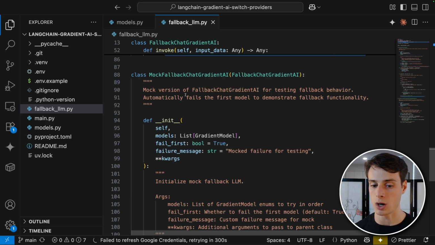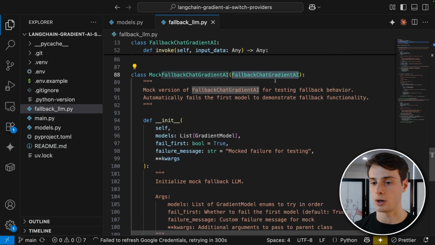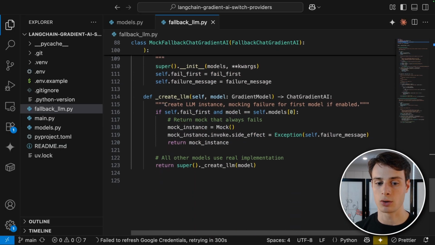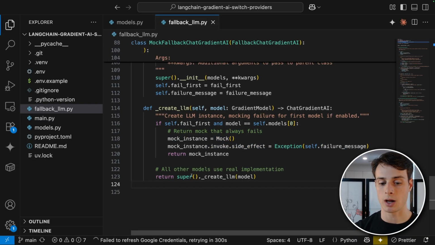And then finally, this mock fallback class mocks a failure for the first model so we can see how the fallback behavior works. So this subclass is our FallbackChatGradientAI class, and then it just overrides the create LLM function to return a mock instance that always fails for the first model. But if it's not the mock model, then we just go ahead and call the parent class's create LLM